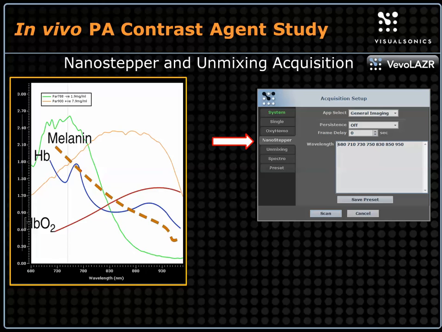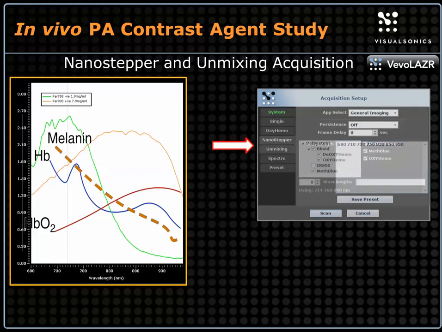Now this is, again, a manual process. I've selected enough wavelengths that the unmixing should work fairly well. But this isn't necessarily the best way of doing it, just picking your own wavelengths. There are specific wavelengths that will work better to distinguish the different components. We've tried to take the guesswork out of that by adding this new acquisition method, which is the unmixing acquisition method. And this is the one that I would recommend with this new software